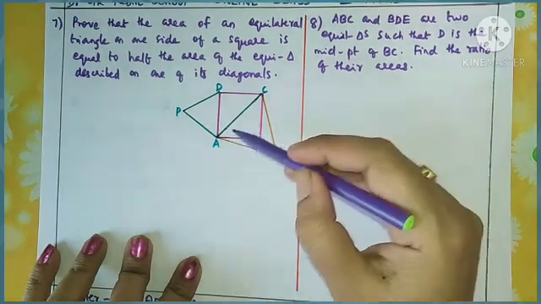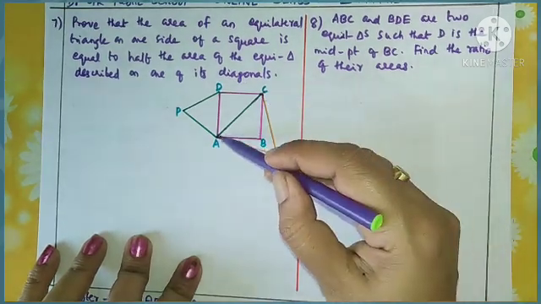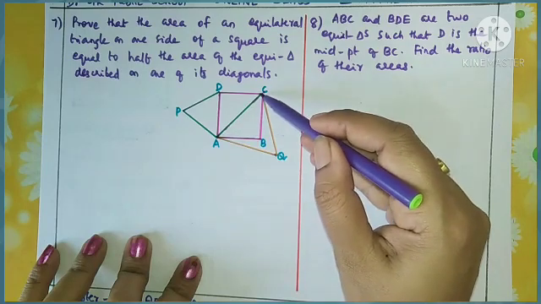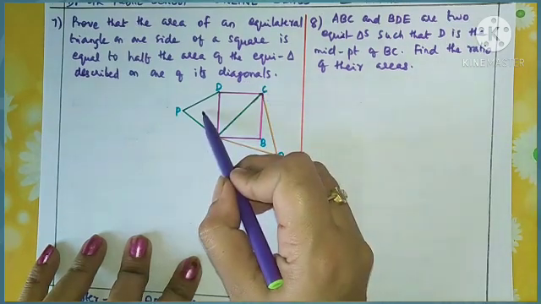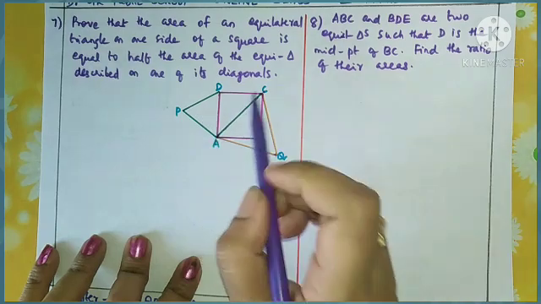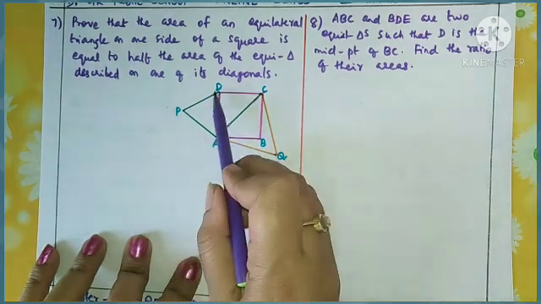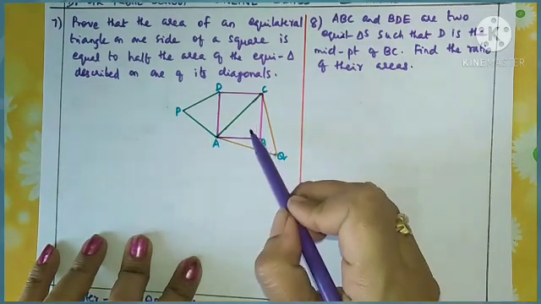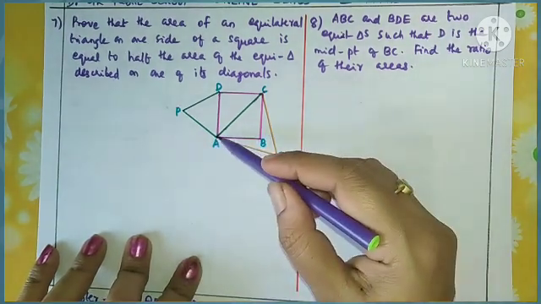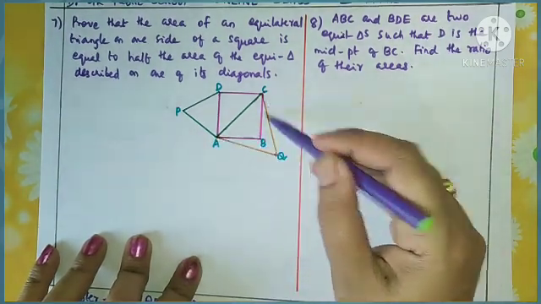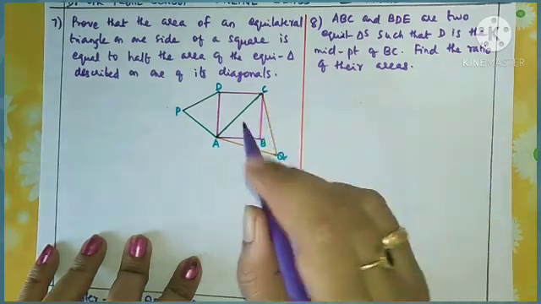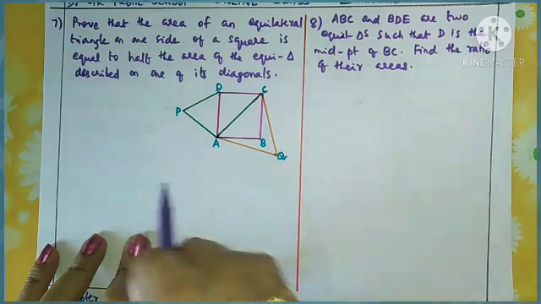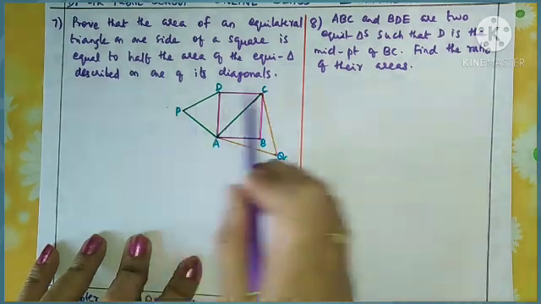Okay. So this equilateral triangle comes on the diagonal. Base is the diagonal of the square and this equilateral triangle is on one side of the square. So we want to prove this area, that is area of PAD is half of area of ACQ. Okay. So that is the required result that you want to get here. So I think you understood the figure.